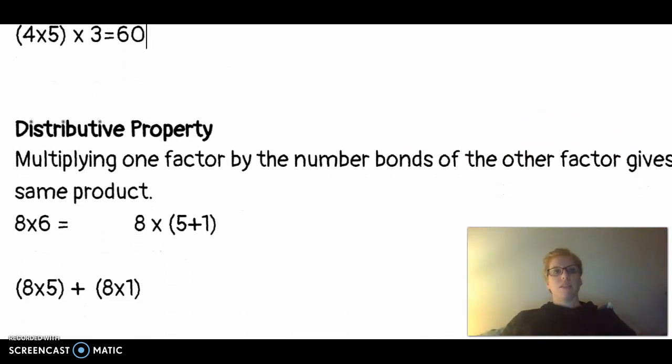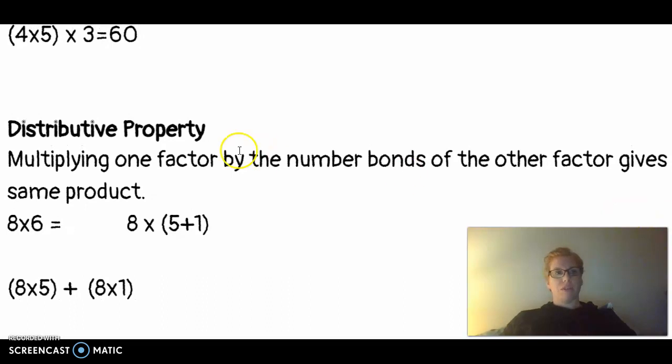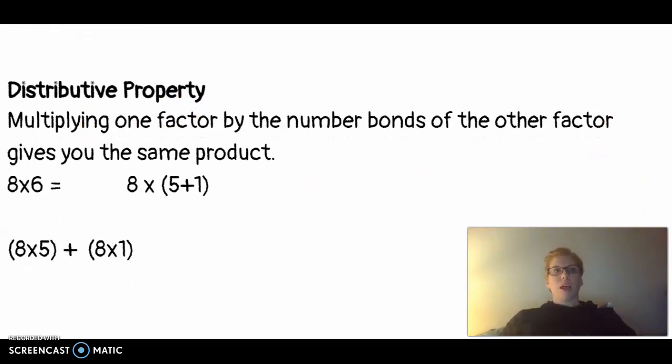Now the last multiplication property, give me just a moment. I'm going to change my words here so you can see them better. There. Distributive property. That's where you multiply one factor by the number bonds of the other factor, and it gives